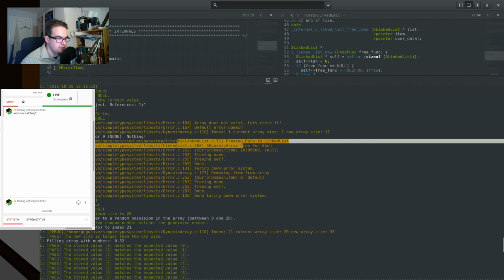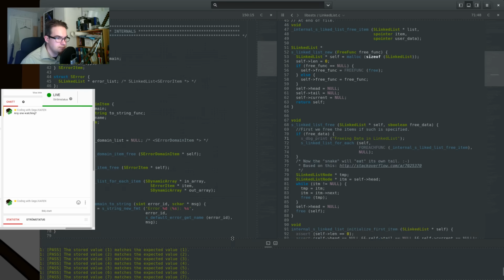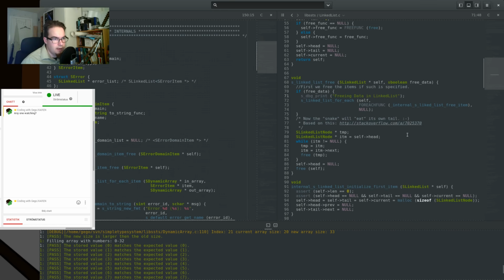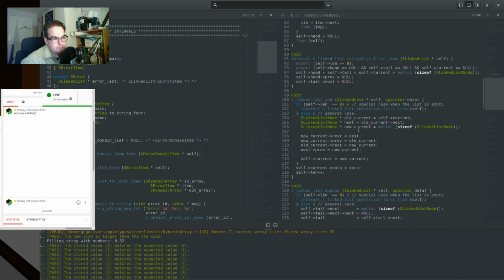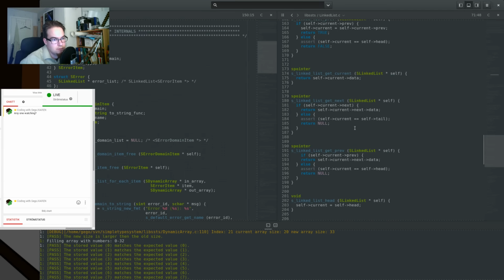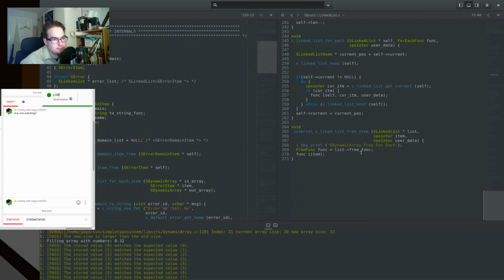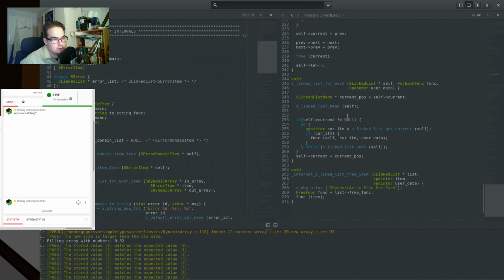Putting data in the linked list, right? And then you should run the for each func, and it isn't. Why is that? Let's see here. First we save the current position. Then we wind it to head, and then